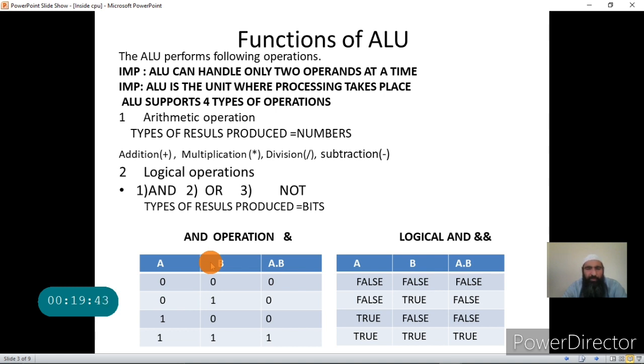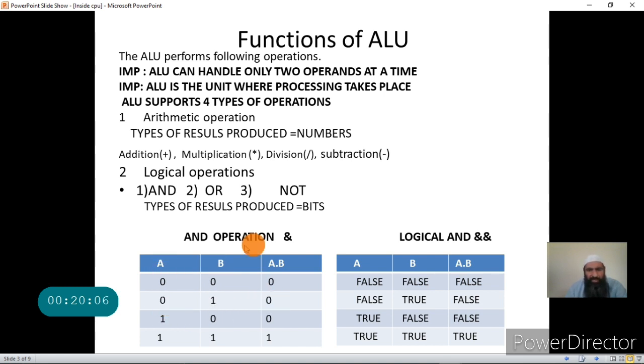If both A and B are 1, then only the result is 1. And if any of them is 0, the result will be 0. So for the first combination, when A is 0 and B is 0, the result will be 0 because both are zeros. If A is 0 and B is 1, the result will be 0 because A is 0.